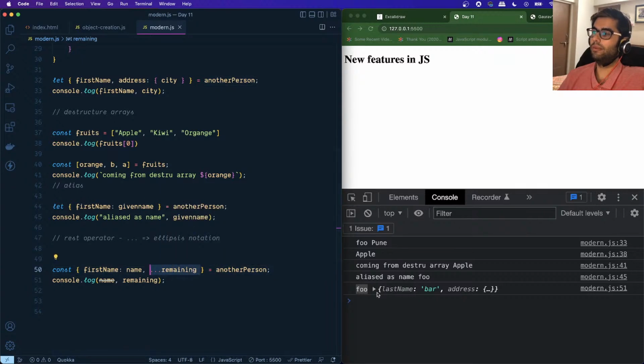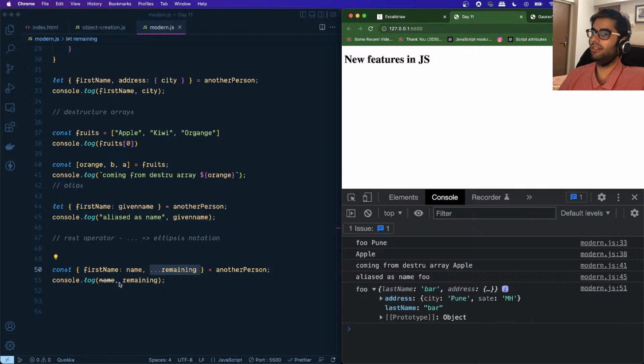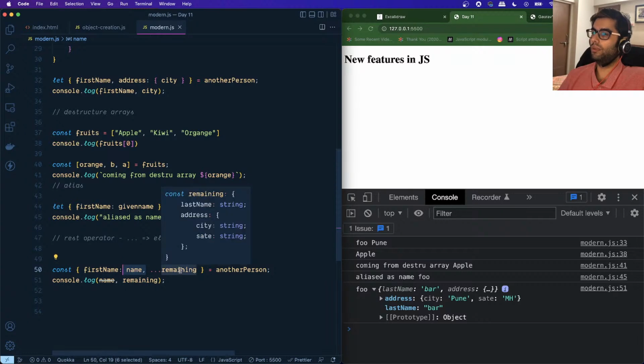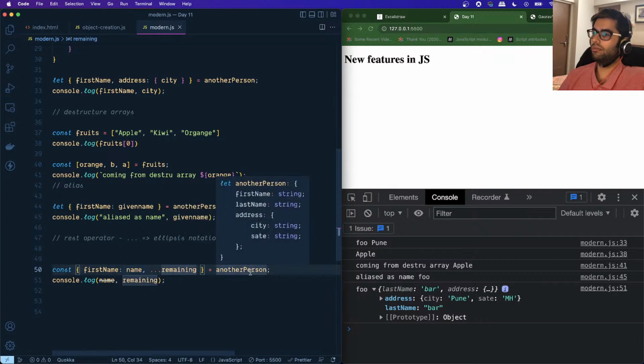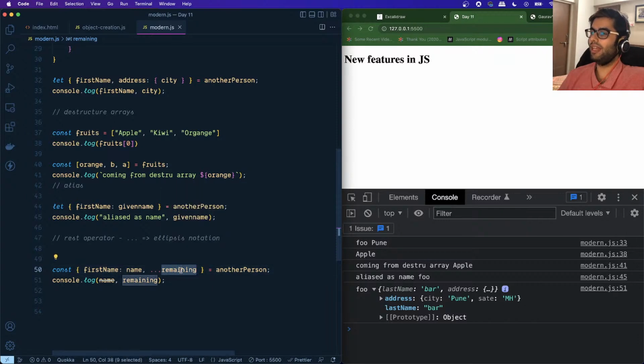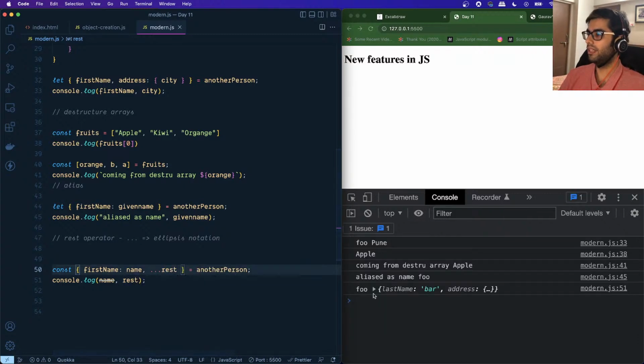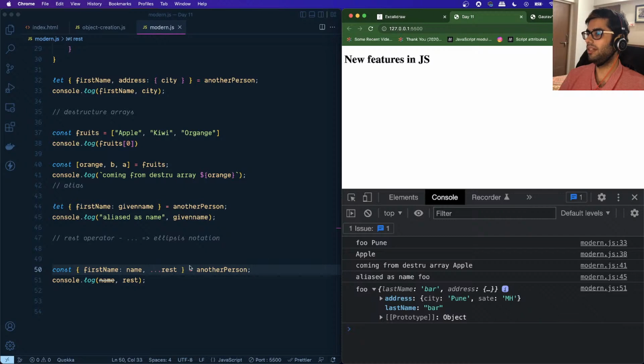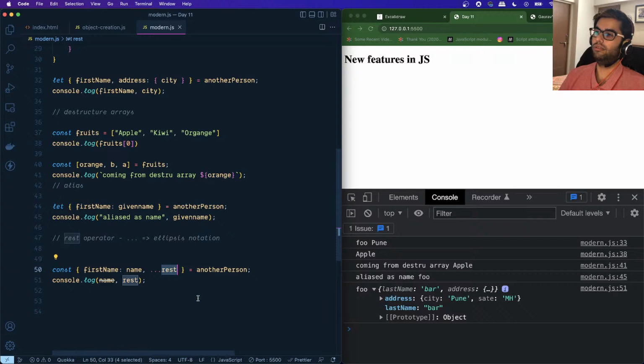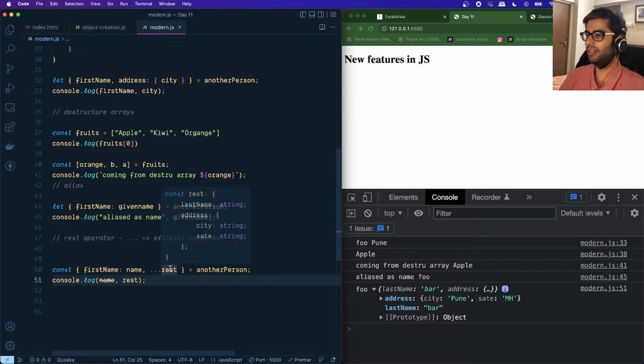So last name and address, which we were not destructuring, were all copied into this new object remaining. You can give any variable name over here. I can also call this rest, for example, and we're getting the same result as before. If you want to move the remaining properties into a new object, you can make use of the rest operator. So this is how you can use the rest operator